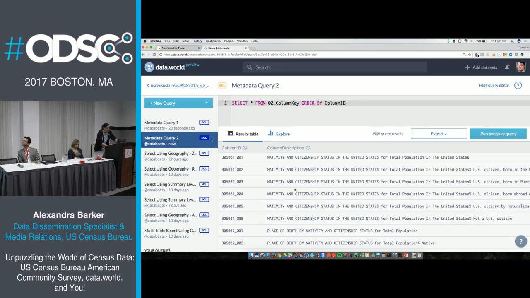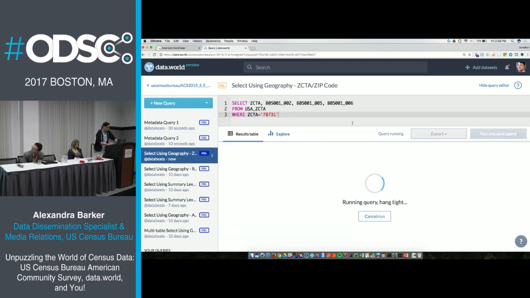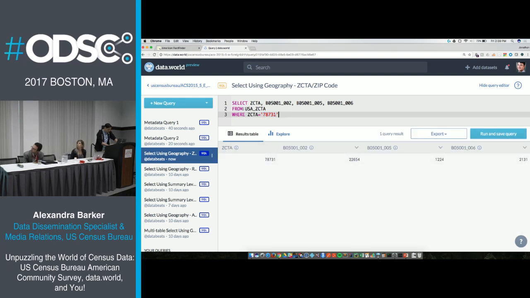And so let's say, for instance, I want to find the number of citizens, naturalized citizens, and non-citizens for a given zip code. I'm using here data.world zip code 78731. So this is the zip code. I'm taking it from the USA ZICTA file, where ZICTA equals 78731, and I'm selecting these columns, right?